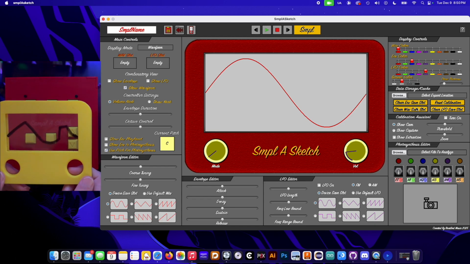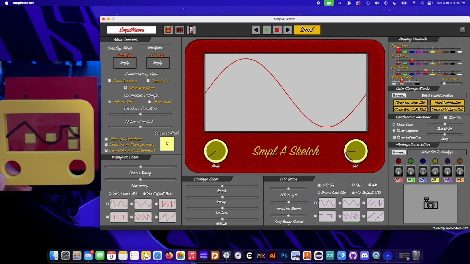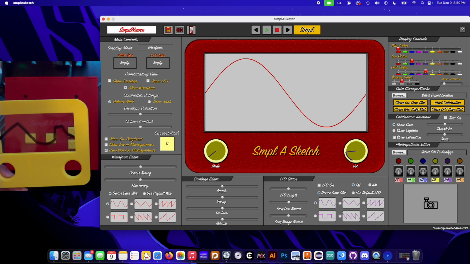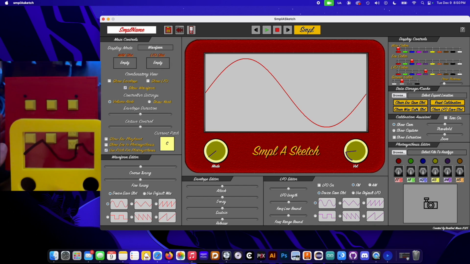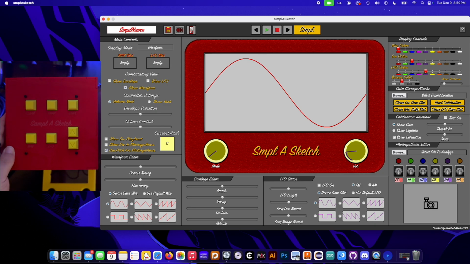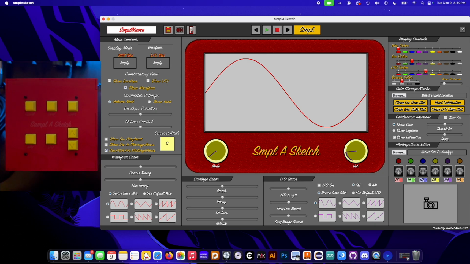And each SmplASketch comes with these little plexiglass slides, which you can draw on with any run-of-the-mill whiteboard marker, and this is the wave that I decided to draw for this demo. So what you do, you take your slide, and you insert it into the machine. There we go. And then, if you see, right now I have the waveform editor pulled up, so what we